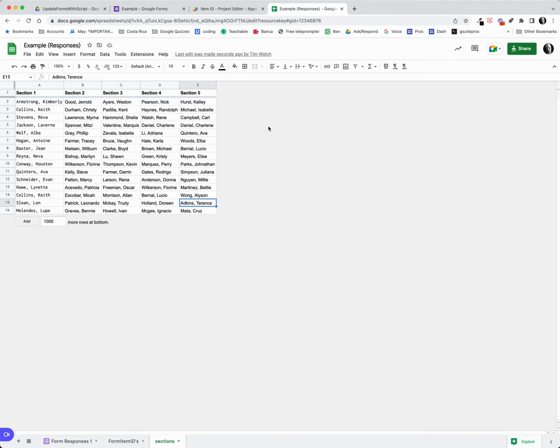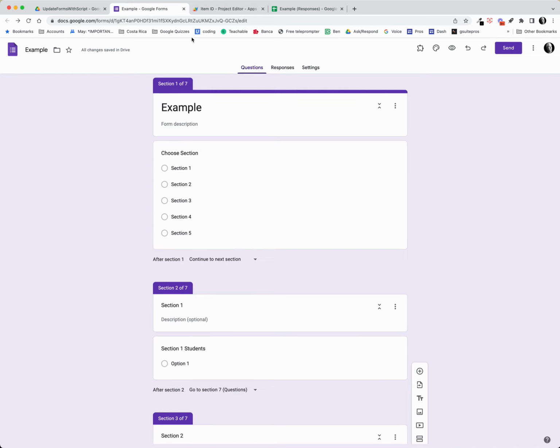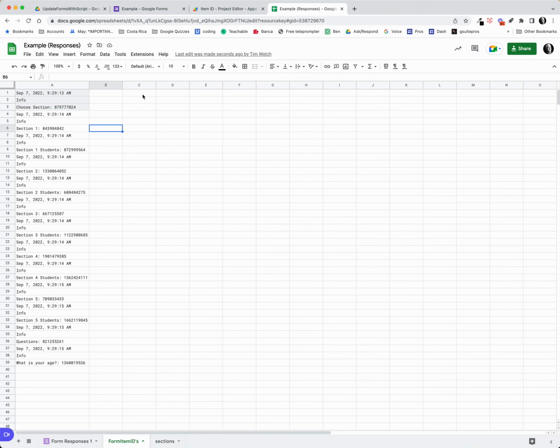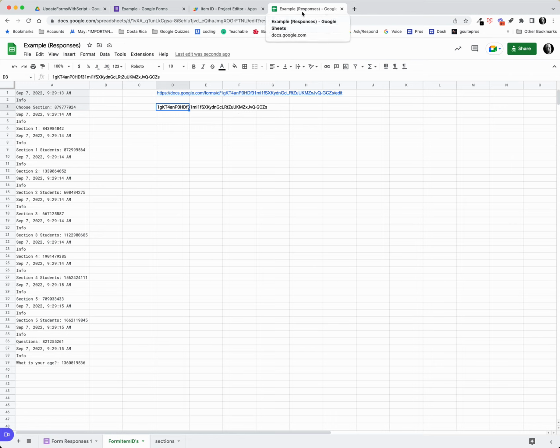So the first thing we're going to need is this form ID. One way to do it is to just copy the URL. And then what I think I'll do is come over here to my form IDs, and right in here, I'm going to paste that URL. The part of the URL that I need is everything after the d and before the slash before the edit. That's the item ID. I'm going to go ahead and copy that, and I'm going to paste that there. That is the form item ID that we're going to need to use in the script that we're going to write